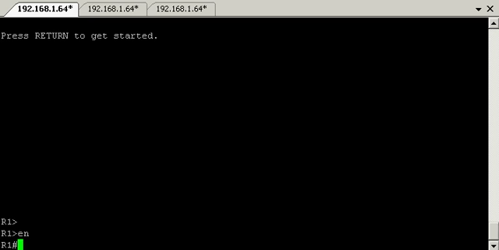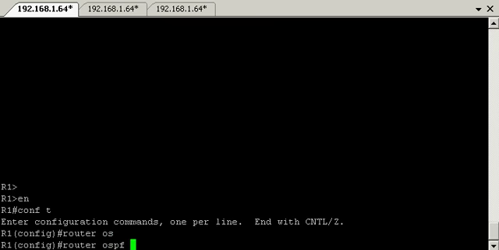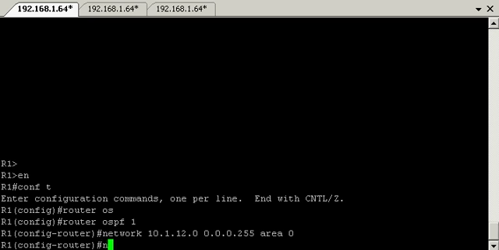Now we'll jump onto router 1. We'll go to conf t, and then we go to router OSPF 1 for the process number, and then network 10.1.12.0 0.0.0.255 area 0, and then network